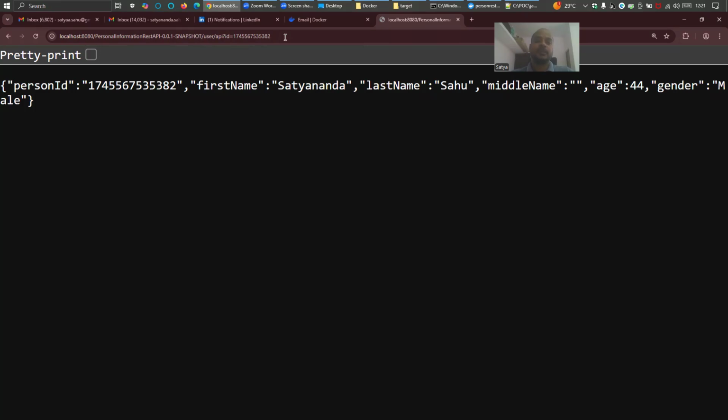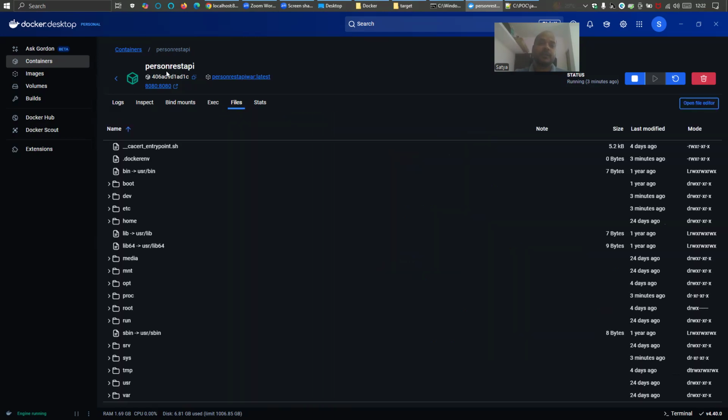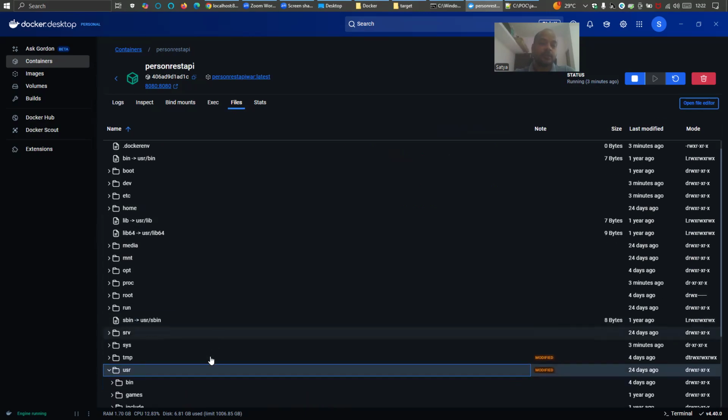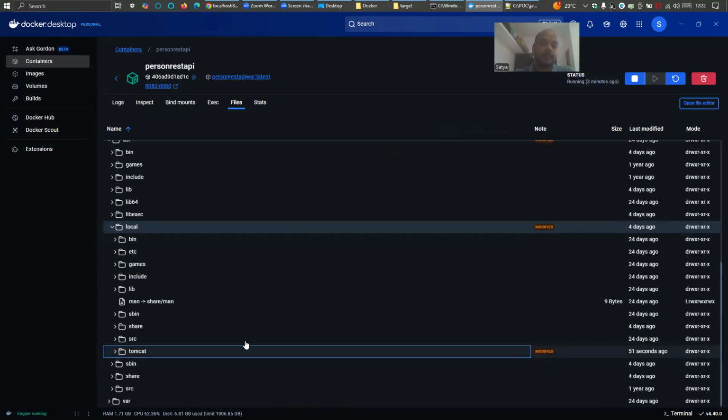I'm using the same MySQL database, and you also can deploy your application and execute it. Before going further, I need to show something else that I just missed out. See, here also you can go and check your log files. Similarly, in that container, click on files, go to the USR folder, right? Then inside USR you will have local. Inside local you will have Tomcat. Inside Tomcat you will have webapps,